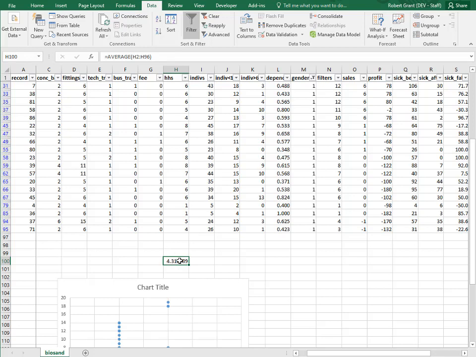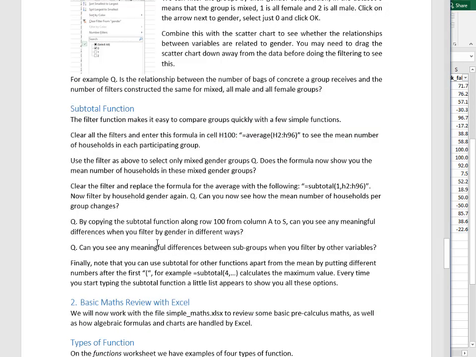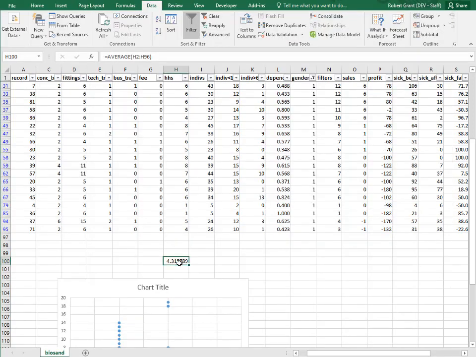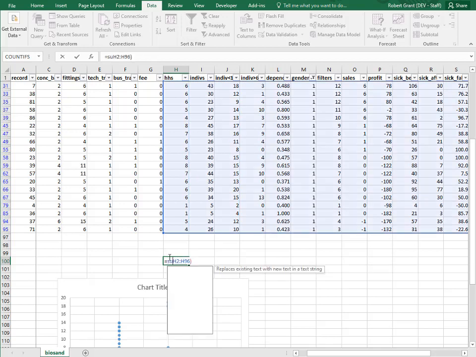You don't get the subtotal mean, which is why there's a function called subtotal. So instead of that one, we use this thing here, subtotal 1, and then put in H2 to 96. So I'm going to replace this with subtotal,